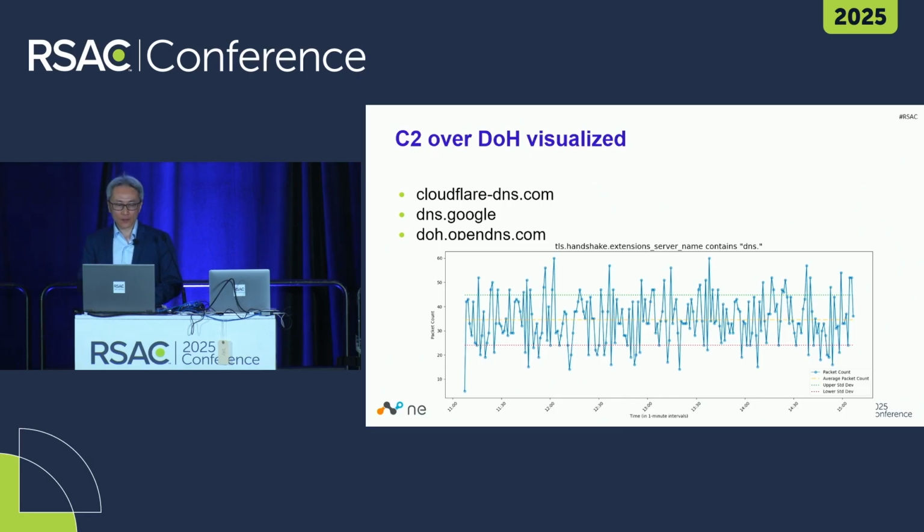Here's a test where we have the DoH implementation's traffic visualized. With that configuration, we set up a few OpenDNS protocols. From the diagram, we can see that the packet size fluctuated accordingly. And based on the sleep time and the jitter time we configured, the communication frequency also changes based on our settings.